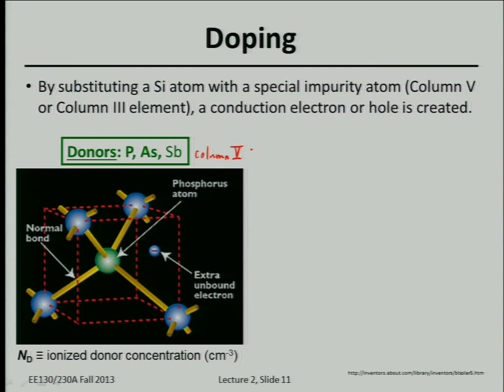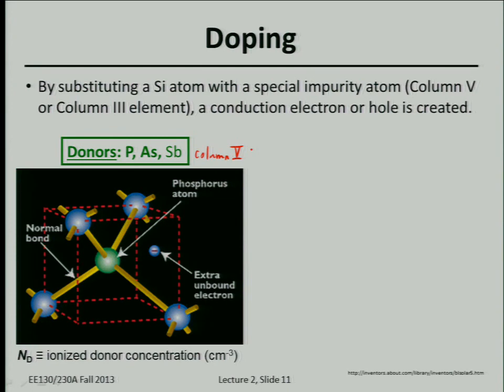So when you substitute a phosphorus atom for silicon, so that the phosphorus atom is bound covalently to 4 silicon nearest neighbors, phosphorus has 5 valence electrons. So only 4 of them will be participating in covalent bonds with its nearest neighbors. And you have a 5th one that's really not participating in a covalent bond. It's not bound tightly to or attracted tightly to the silicon atom. So it's very easy for it to just wander away. In other words, it's easy for this negatively charged electron to wander away, leaving behind a net positive charge at that